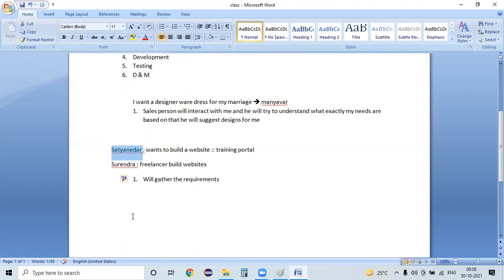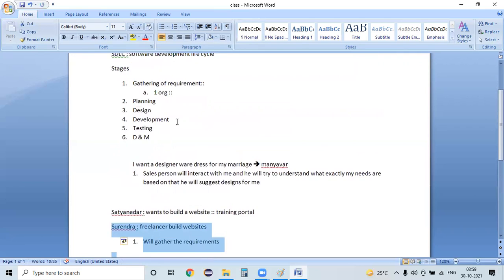It's not going to be of value. The effort that Surendra and his team put in went in vain. That's the reason there should be an official confirmation before proceeding with all the SDLC activities. Once we have a confirmation from that particular customer, then officially we will start with the SDLC activities, which